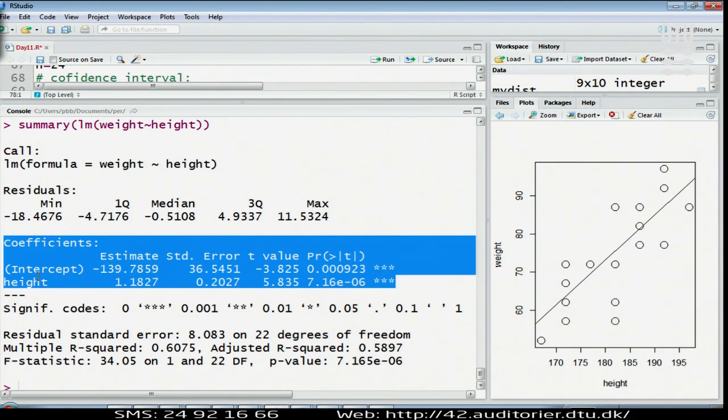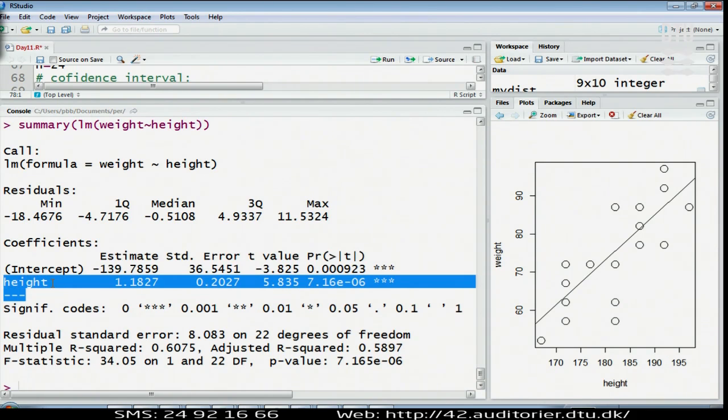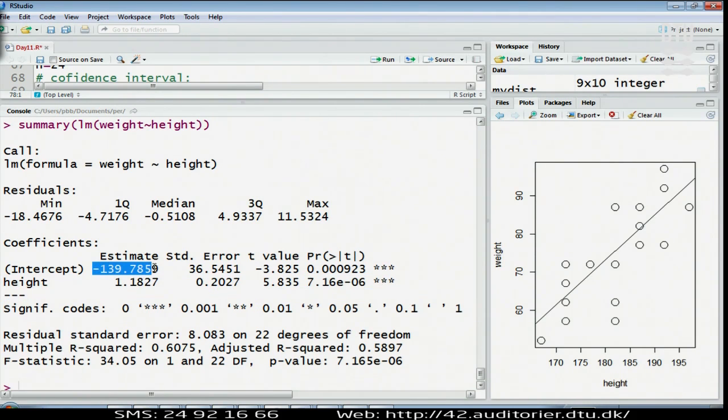It uses the term intercept. It uses the name height because the x input is height here. And it tells me what I already computed. It tells me the A and the B, right? On the coefficient, under the heading coefficients. It also gives me the standard error. The standard error is